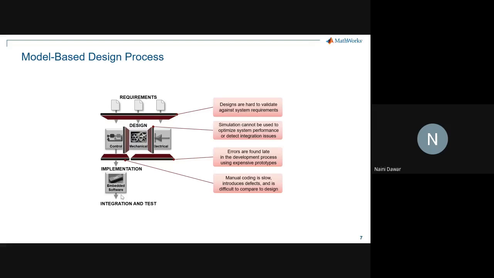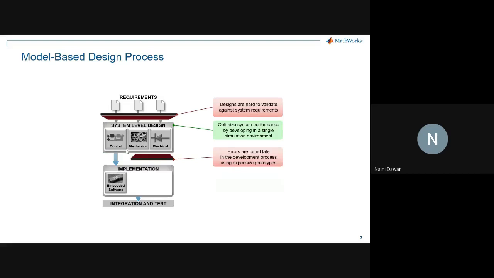So what happens in model-based design is that the entire segregation of requirements in different domains now gets into a system-level design. Now the engineers will be talking in terms of the system, and then they will divide it into the key components for that. So there would be models for controls, separately for mechanical and for electrical as well, but the design should always have a systems perspective with it, right? And what the model-based design workflow also offers is, when you have a control design,